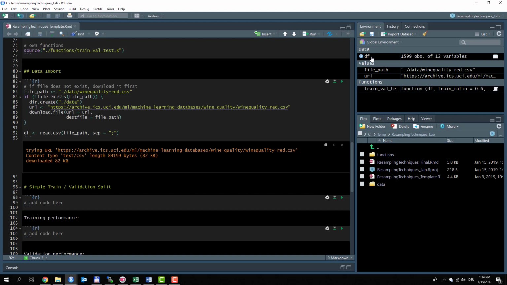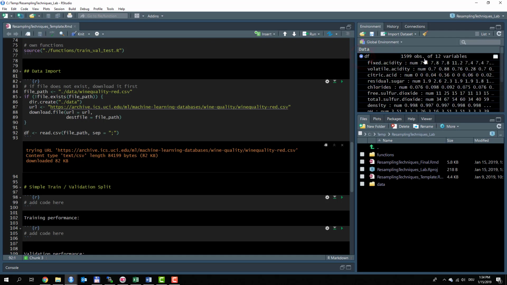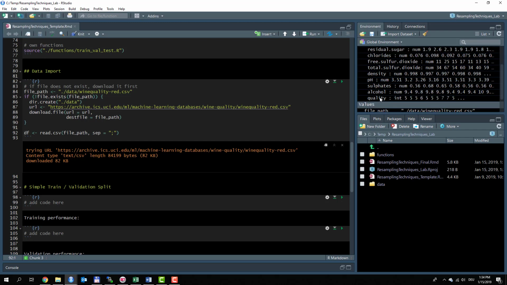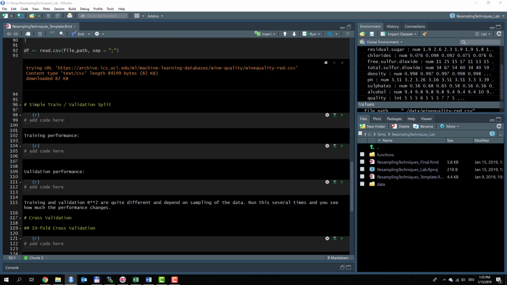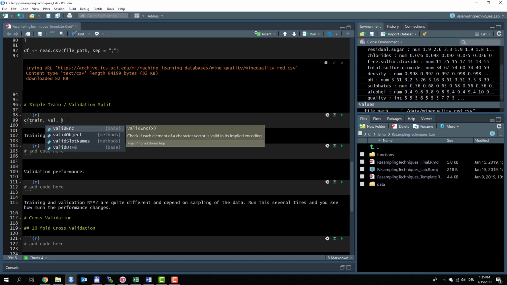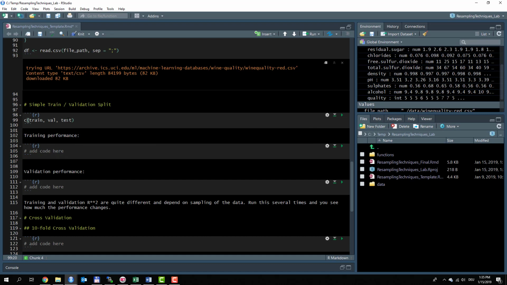We have now here our data frame, which is having 12 different variables, and the final one, quality, is our target variable. So this is going to be some regression task. Okay, we will start with the simple train validation split. We will create some data frames called train, validation, test. And in here we will use the multi-assignment operator from the keras package,